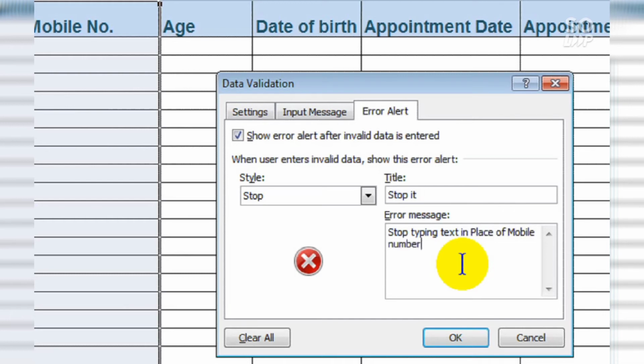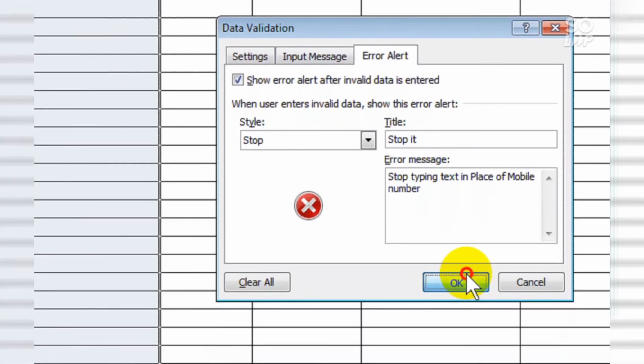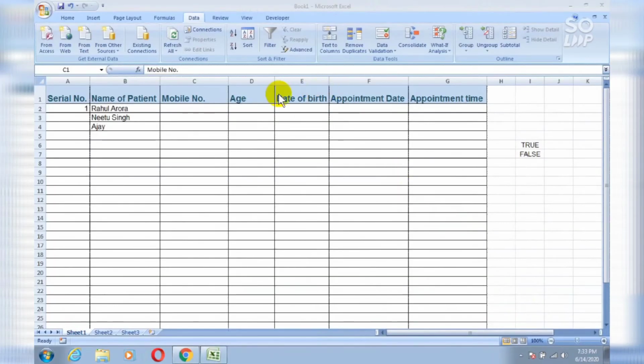And then simply press OK. Now start typing any mobile number in C column.